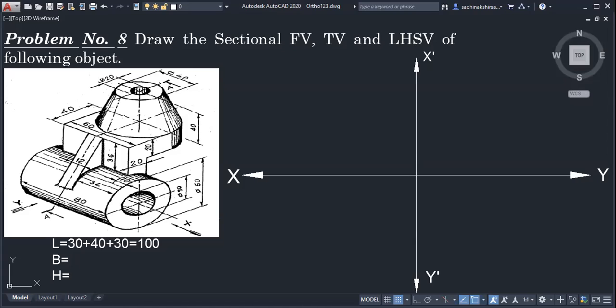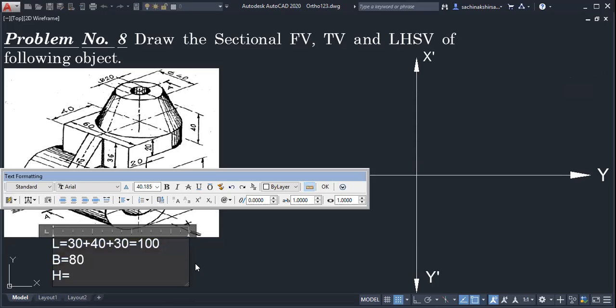Just the left hand side object किती आहे? Beyond that it is not there. 80. Very good. It is 80. Beyond 80 this object is not there, because the cylinder is the maximum dimension in the width side. सिलेंडरच्या बाहेर ऑब्जेक्ट आहे का? No, sir, it is not there. So dimension of this cylinder, 80, is the final width of this object.